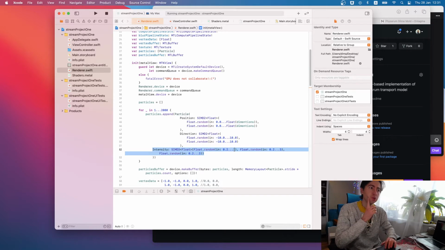I do some processing. Usually floats for colors are between 0 and 1, but here I want to have a little bit more intense places.